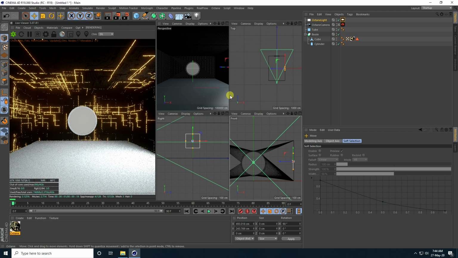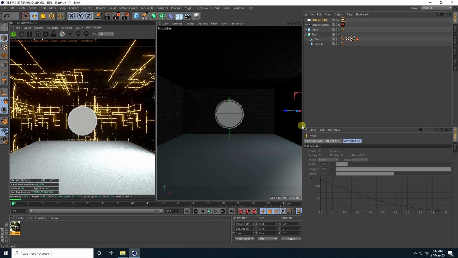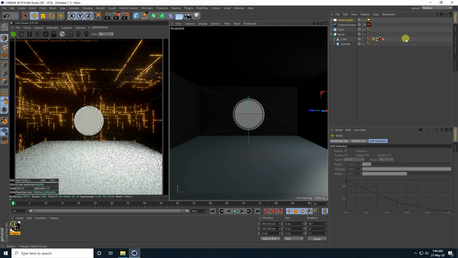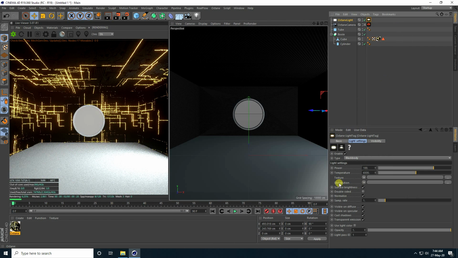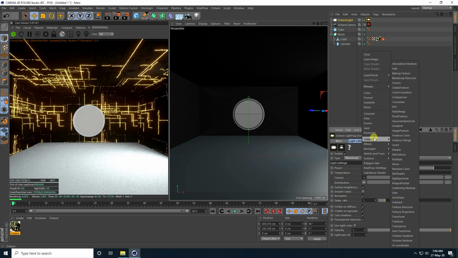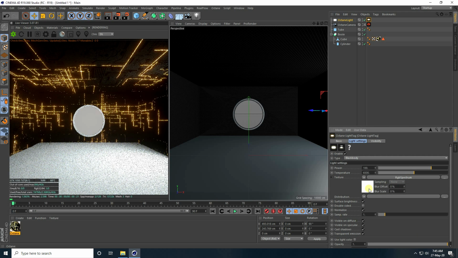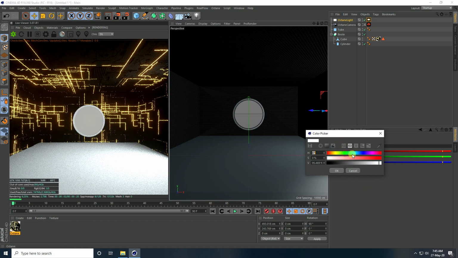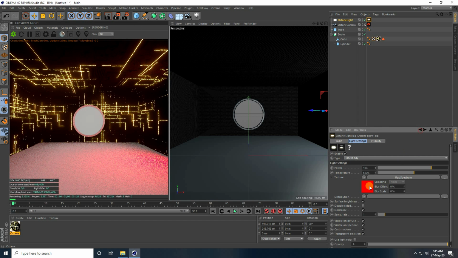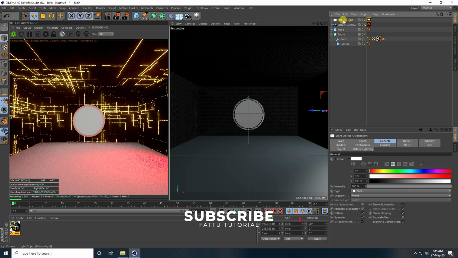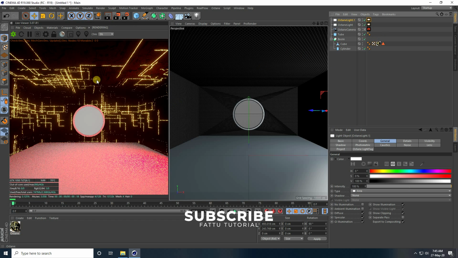Okay, so guys, now I also change this area light color. So select this tag and texture and use RGB spectrum. Yeah, and click on here. Guys, this time I take red light, red. Yeah, go to back and guys, double-sided also check. Okay, so guys, select this octane area light and copy, press Ctrl C and V.